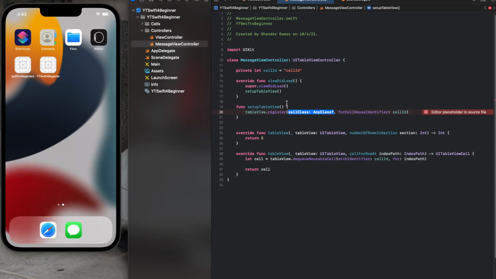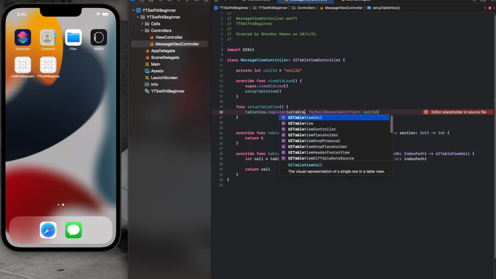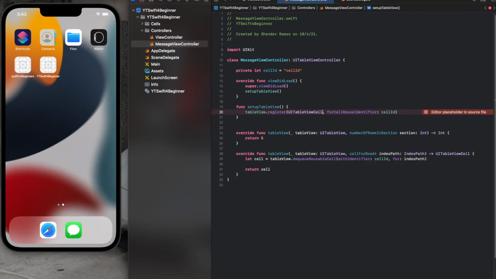So right here, we're using "self.class" or any class. What it means is it wants a UITableViewCell class, so you could just write UITableViewCell, and then you put .self. It's saying, hey, give me a class, register a subclass of this name or this type. And for us to know if it's working, let's set the cell's background